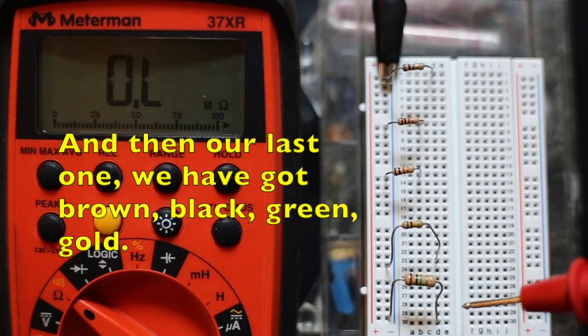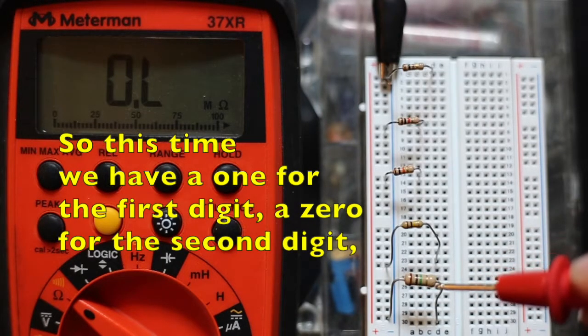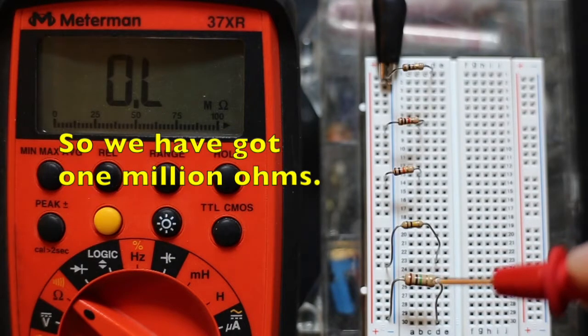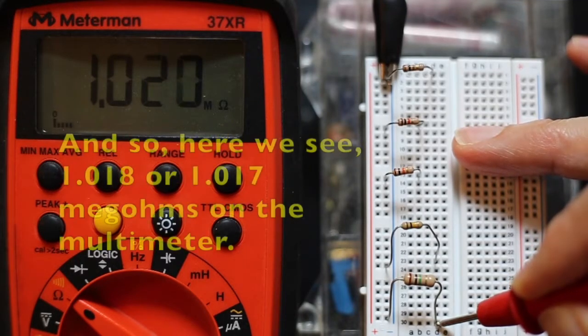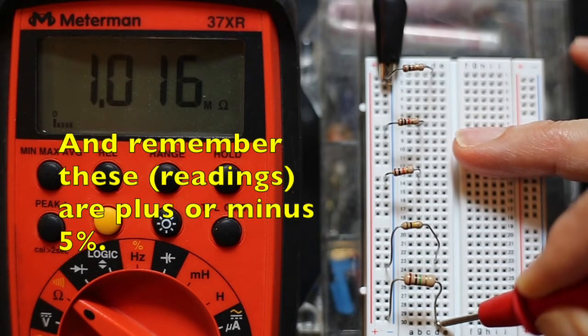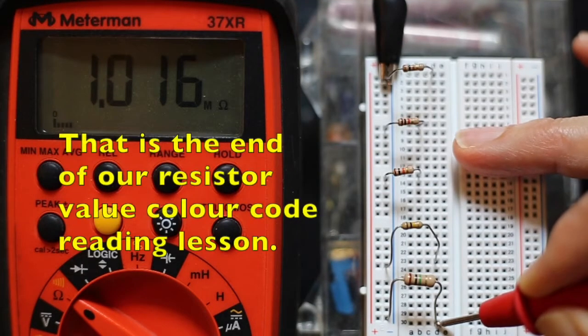And then our last one, we've got brown, black, green, gold. So this time we have a 1 for the first digit, a 0 for the second digit, and then our multiplier, we have to add 5 zeros to our number. So we've got 1 million ohms, or it's also called 1 megohm. And we'll measure it with the meter. And so here we see 1.018 or 17 megohms on the multimeter. And remember, these are plus or minus 5%. So they're quite accurate according to their value in ohms. That's the end of our resistor